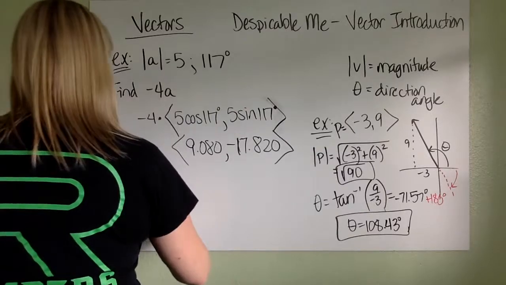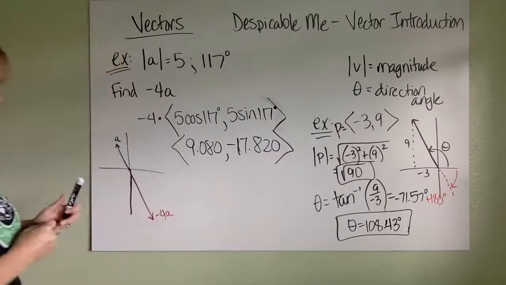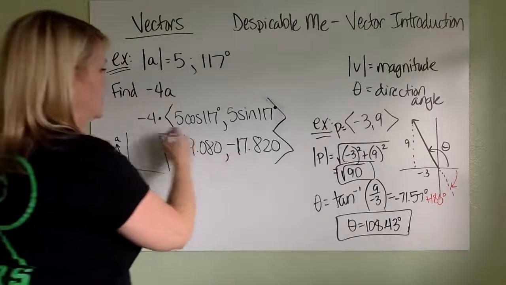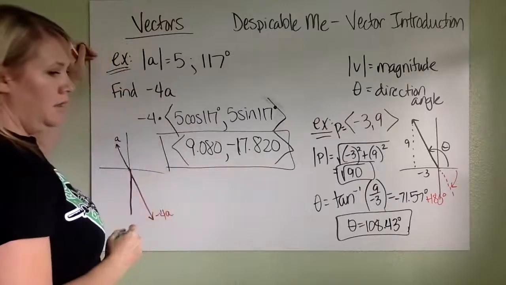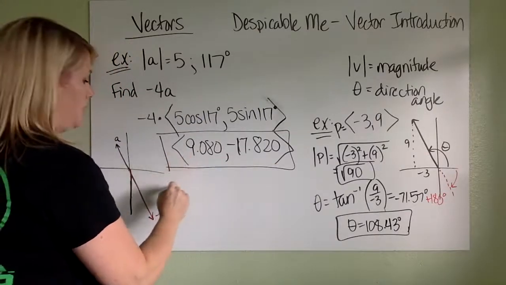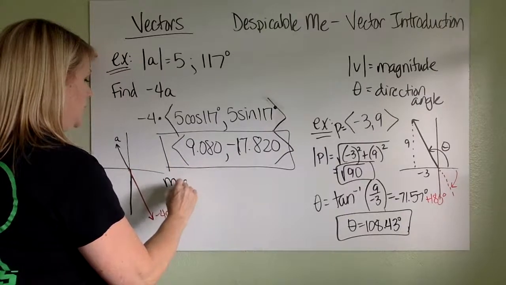There. Sorry, it reflects it. Okay, so here's negative 4a. This is my component form of negative 4a. If I need my magnitude of negative 4a,